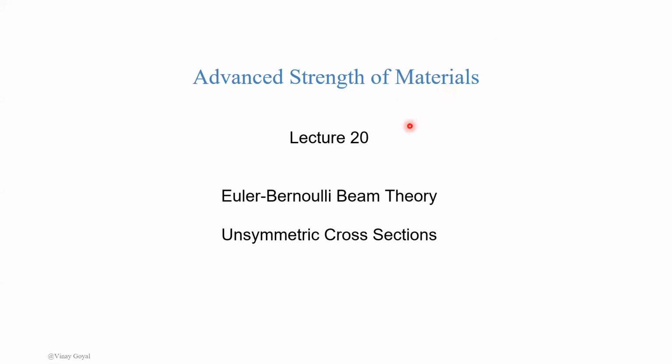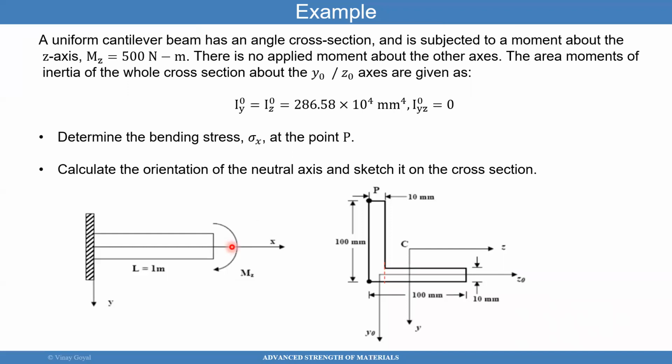I'll move then to the example of how to deal with a problem that has unsymmetric cross sections. In this particular problem, it is stated that there's a uniform cantilever beam that has an angle cross section. You can see the cross section here is similar to the example problem I did earlier on a bracket that had very similar dimensions. It is subjected to a moment about the z-axis right here,